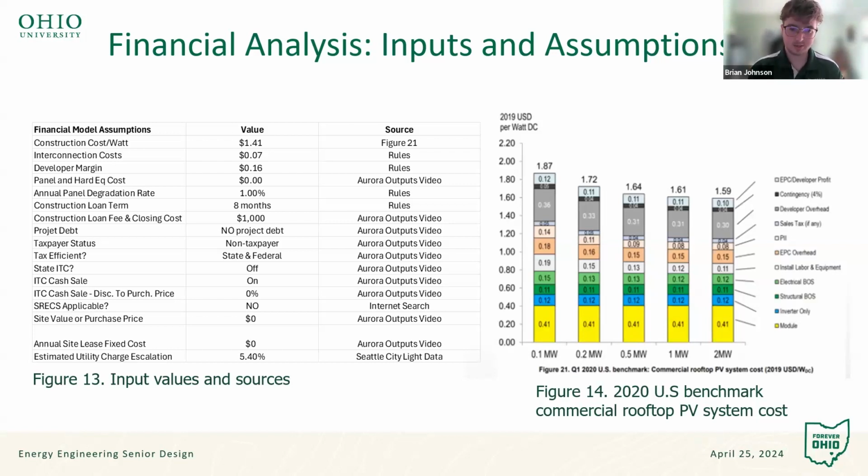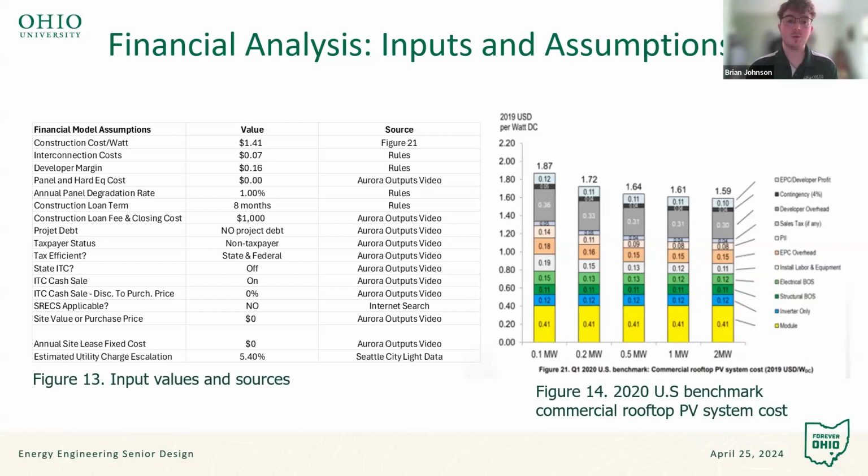construction cost, interconnection cost, and the 10% developer margin, which that table doesn't exactly show, but in the model itself, it's 0.164 to be exactly 10%. A lot of these other things were set in either the rules document or the Aurora output video on the Canvas course. The main other points on this that were not from things provided by the competition organizers are SRECs,